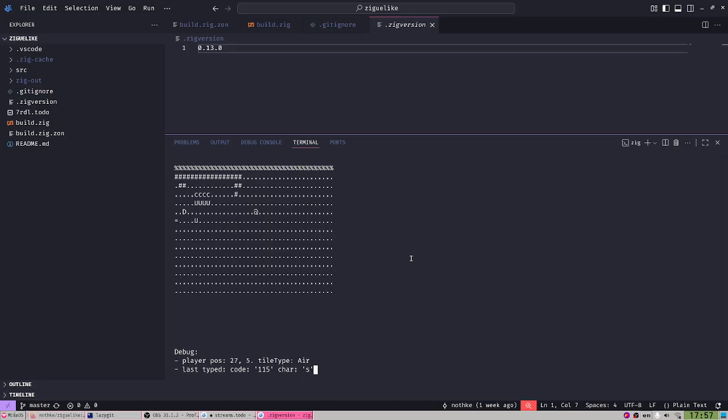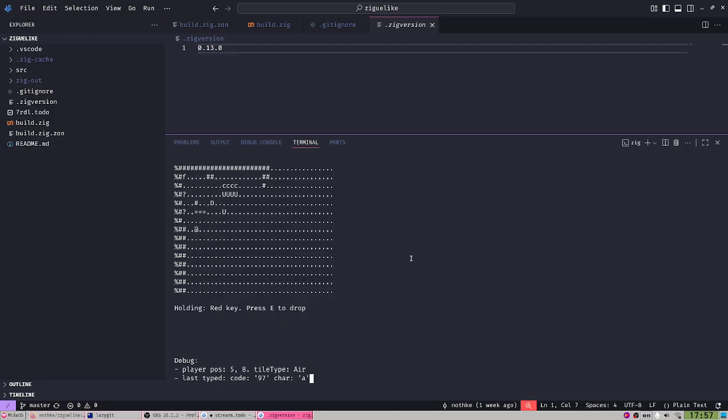Okay, yeah, because this is where I actually started. So in this corner, you have some items. And one of them is this D, it's a door, and you need a key to open a door. And the F thing is a key, because it kind of looks like a key to me. It says, standing on red key, press space to take. You can take it, and then you're carrying around the key, and when you come to the door, you can open it or close it, and then you can walk through. Yeah, you drop an E.